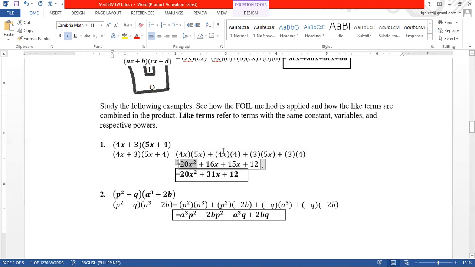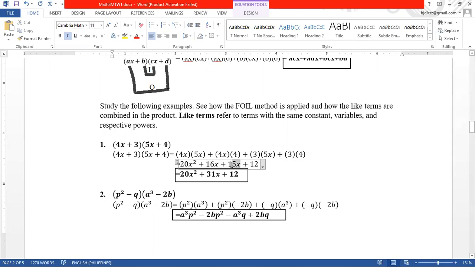So 20x squared. Next, 4 times 4 is 16 times x, that is 16x. Plus 3 times 5, 15 times x, 15x. And the last one is 3 times 4, that is 12. Okay. So as you can see, there are like terms, same terms or similar terms, which are 16x